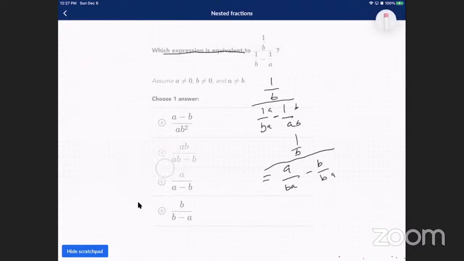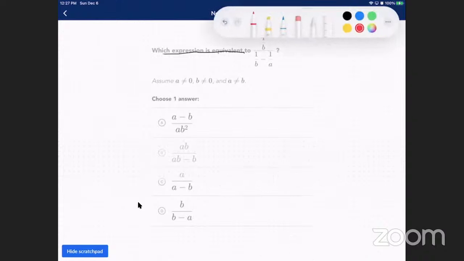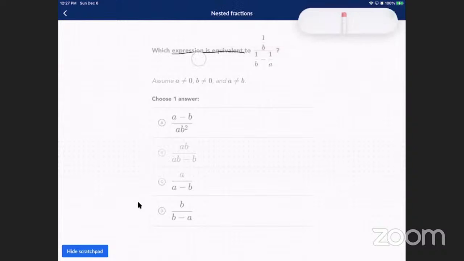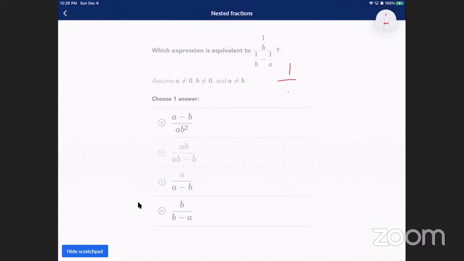So now I think I have an idea of what I can do. Sometimes I like to plug in numbers and actually play with the numbers before I start doing it, because I would know how to do it if I was using numbers and no letters. Letters sometimes throw you off. You don't know how to move around. So